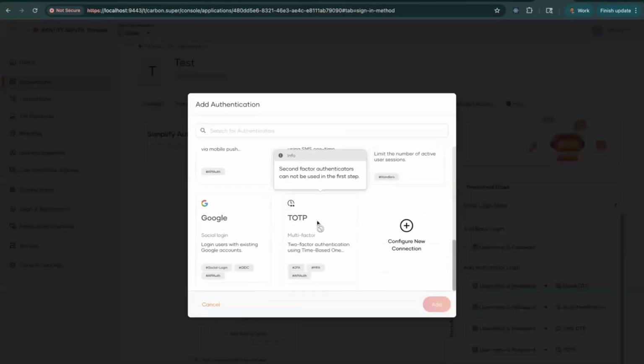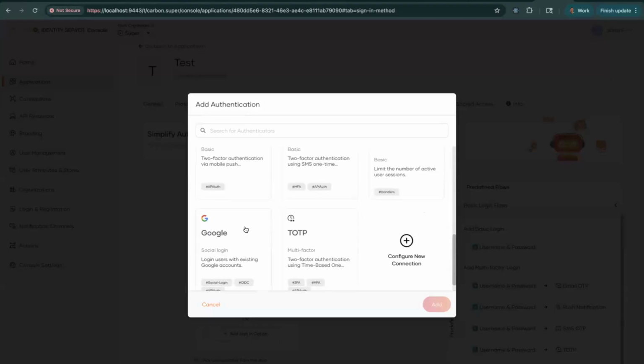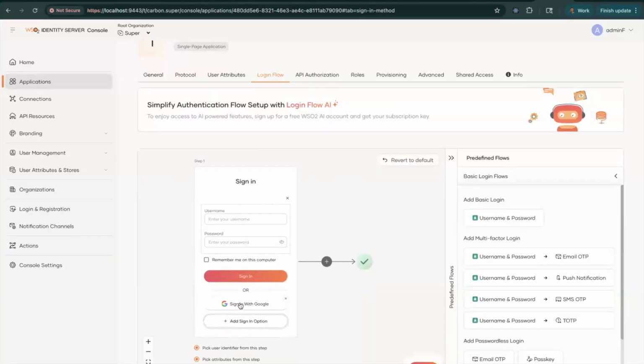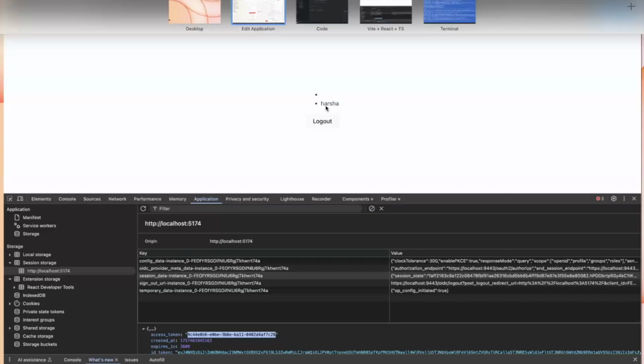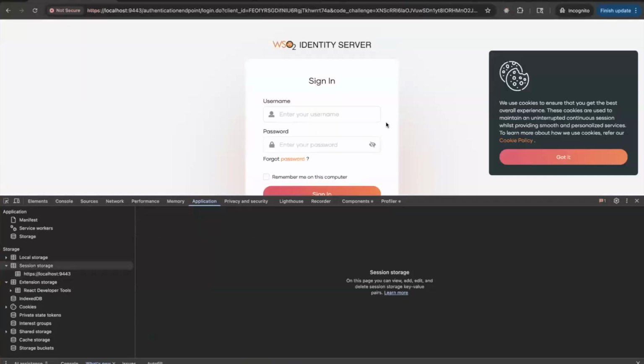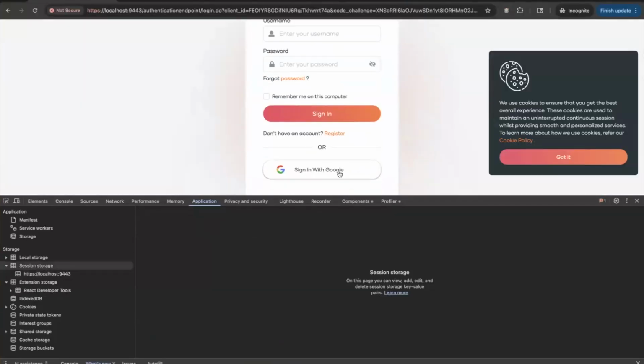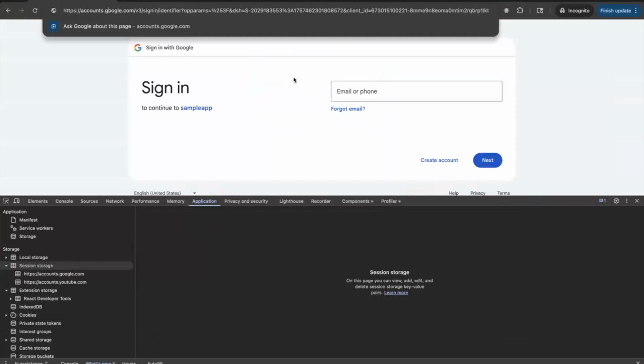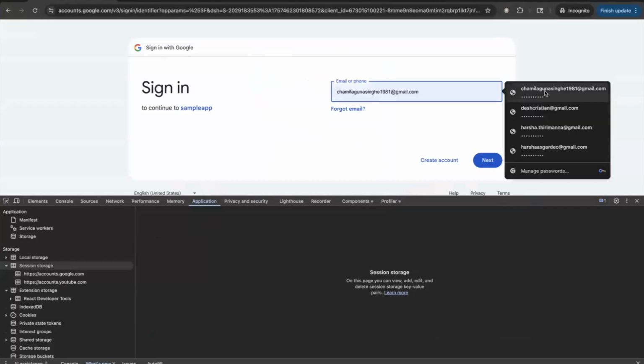So simply, the Google identity provider will come as an option, because it doesn't make sense to log in from the local and then again log in from another IDP. It's an option, right? So I'll add this Google IDP, then it will come as this option. You can see it. And once you update it, that's all you have to do. Then once you log out and log in, you can see this Google IDP login, right? So once you click it, it will redirect to Google. And once you provide whatever Google credential,